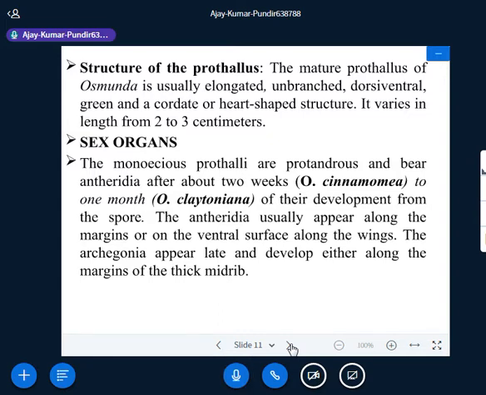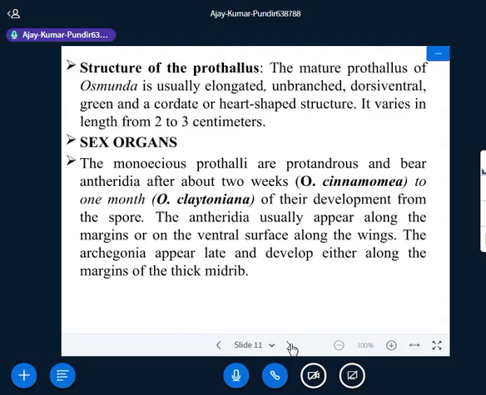If you see the prothallus of Osmunda, it is heart shaped, multicellular, and gametophytic, because it produces gametes. It produces male and female sex organs on the same prothallus, because Osmunda is a homosporous plant in which spores of the same shape and size are produced. So on germination of spores, a mature prothallus develops which produces both male and female sex organs, that is, antheridium and archegonium on the same prothallus. So the prothallus of Osmunda is monoecious in nature.